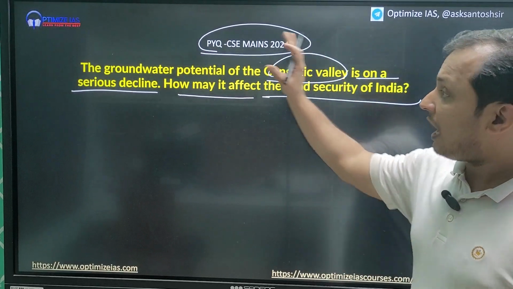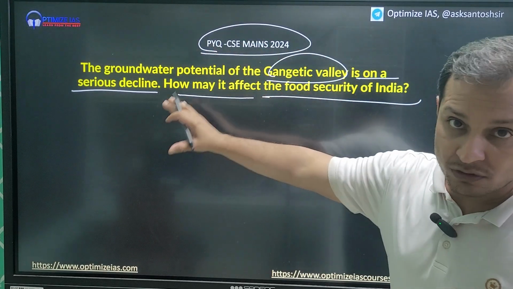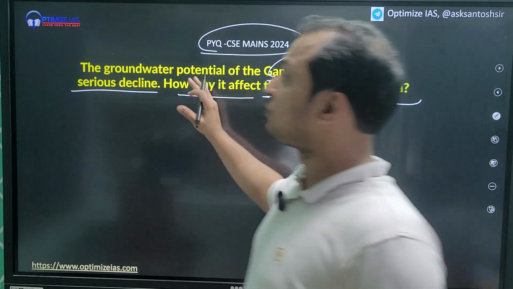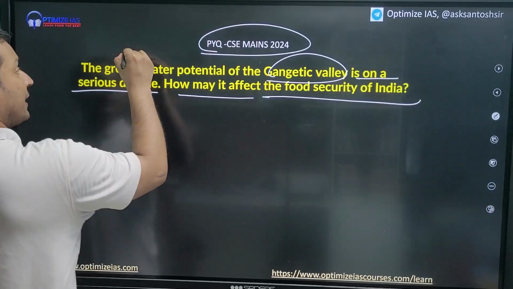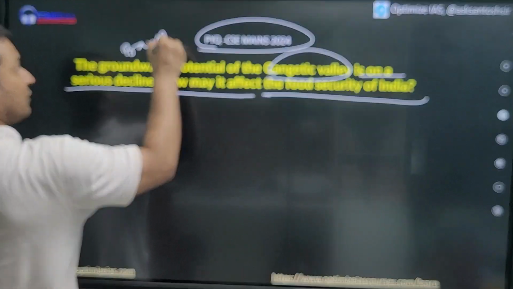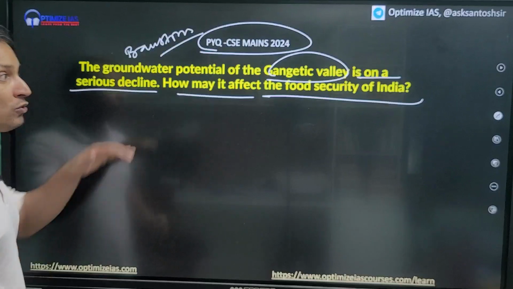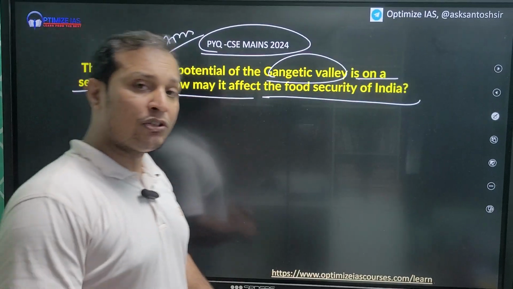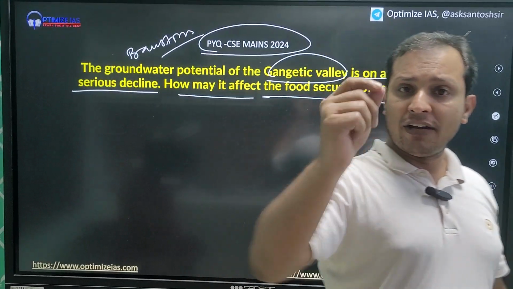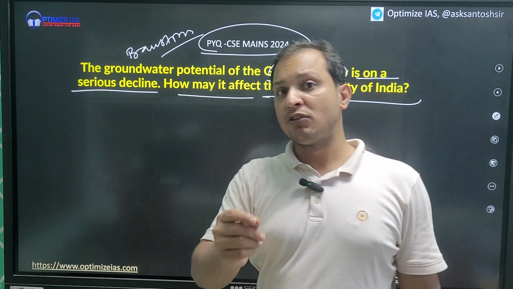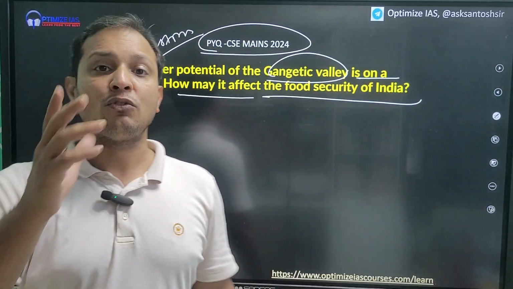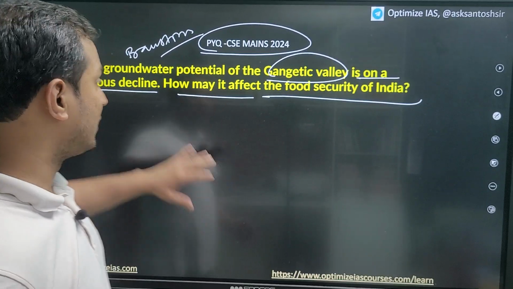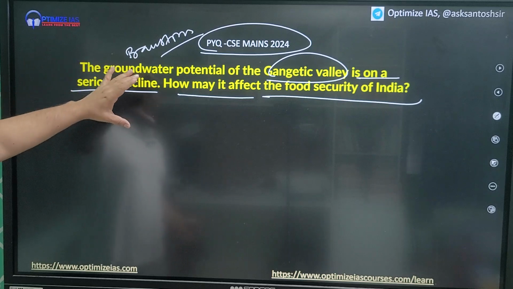Okay, so how to write this answer, how to approach this answer? First, I am going to brainstorm, which will help you to understand how to do answer writing, and then I am going to exactly give you a very good introduction, a very good body, a very good conclusion to this answer. You will learn that. Okay, so first of all, let us again read the question.